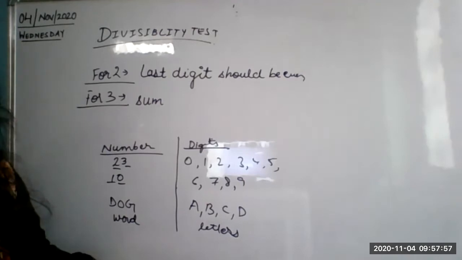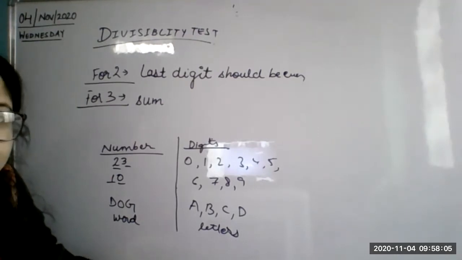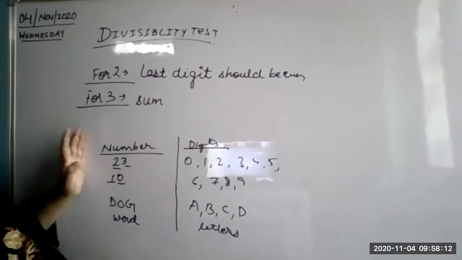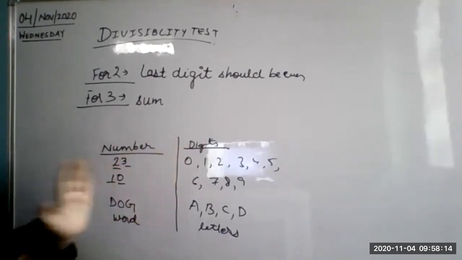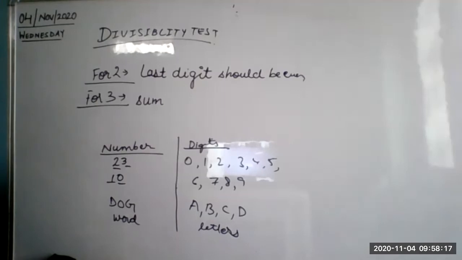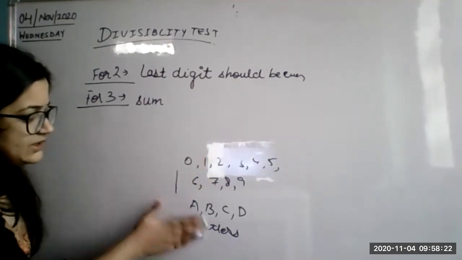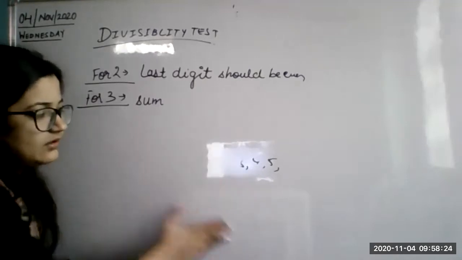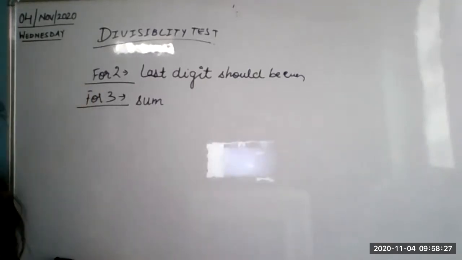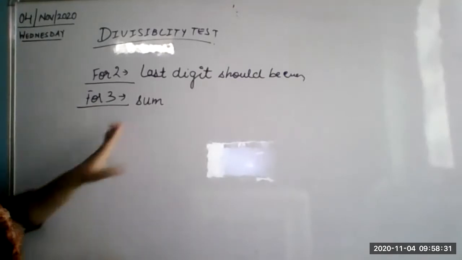Who is saying this? You have to write nothing. Whenever you have to write anything, I will always tell you to write down. So no need to ask such questions in the class. Understood? This is the difference between numbers and digits and words and letters. No need to write anything. Everyone is only in a hurry to know what to write. Nobody wants to understand what I am teaching. The next time when I ask, they will not know anything.